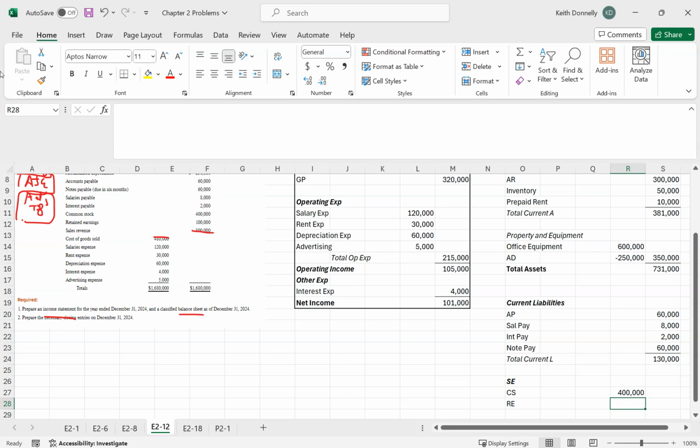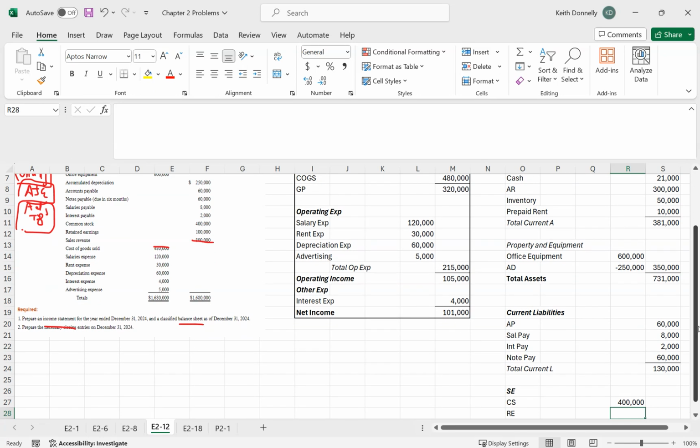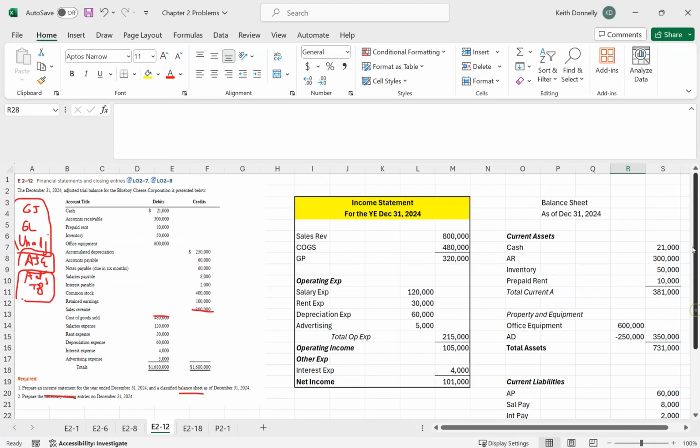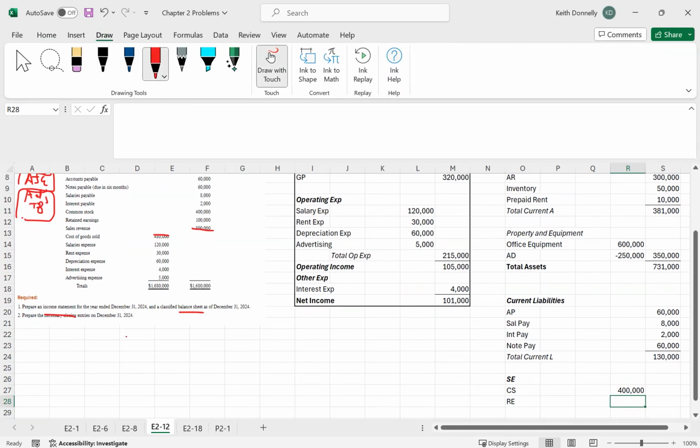This is a little bit of a trick. If you go over here, where is the retained earnings? All of this has been easy so far. I'm not seeing it. So what we have to do here is, yeah, we have the 100,000. You may think that's right, but that's the problem here, because we have to adjust this. In other words, our retained earnings,